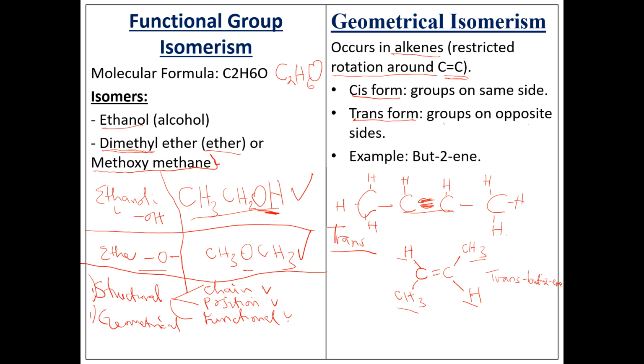Then how does cis look like? The cis is when they are on the same side. So in the cis, we have carbon to carbon, and now we have the hydrogen on one side and hydrogen on the other side. Then the methyl group is here and the methyl group is there. So this one we call the cis